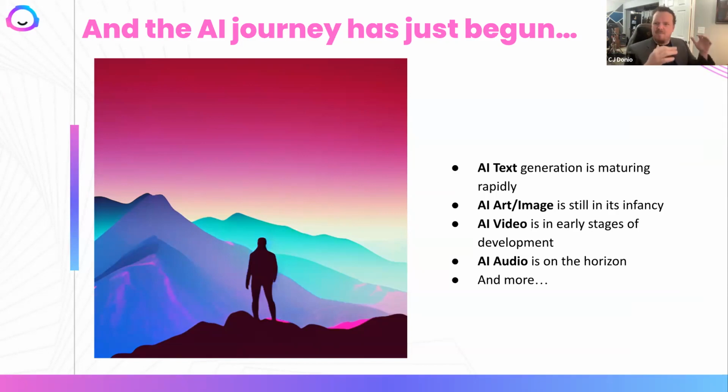Just to give you an example of all these put together and where this could go, imagine creating your own spokesperson for your brand. Imagine creating Flo from Progressive, right? You're using text to generate the script for her to speak. You're using art to generate some different images of what she could look like. You're using video to animate those images. And then she even has a unique voice, right? How cool would that be?